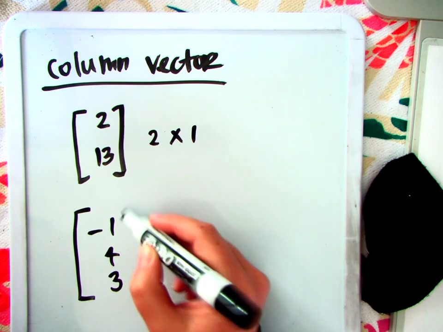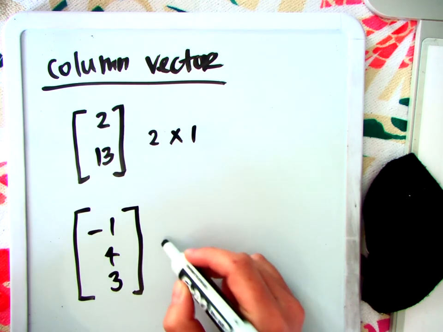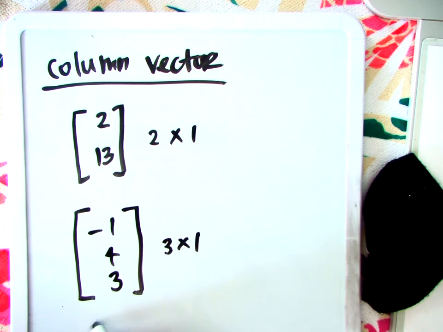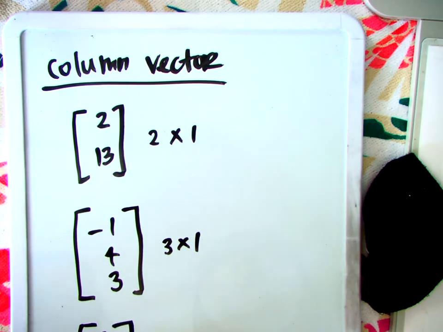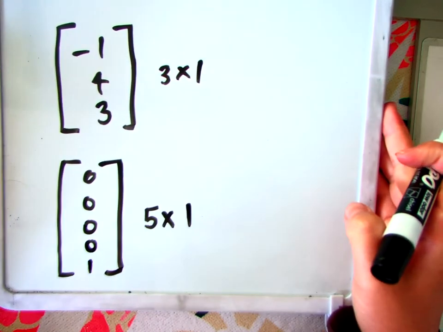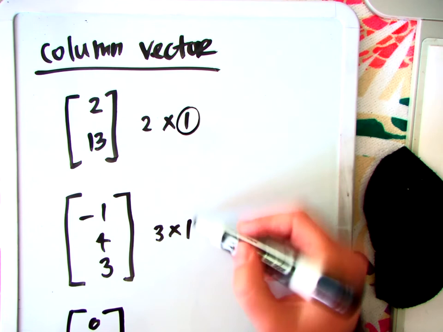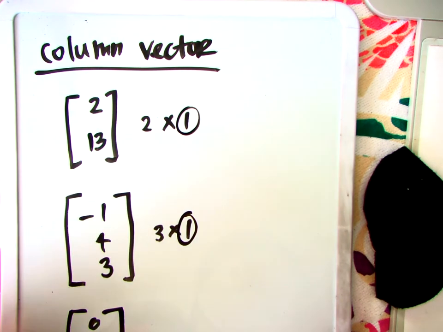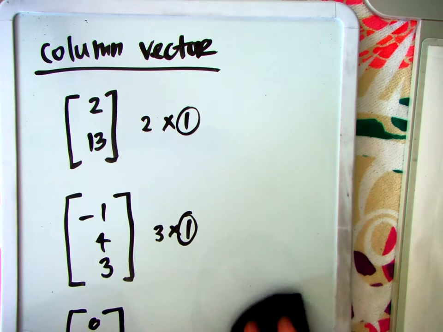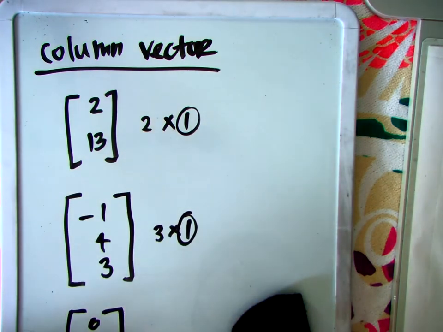This is a 3 by 1. This is a 5 by 1. Oh, you can't see it. My bad. So these are all column vectors because they contain a single column. The number of rows isn't important right now when we're talking about the definition. It is, however, going to be important when we talk about